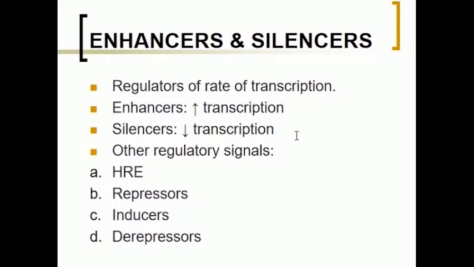Glucagon represses this hormone, this enzyme. Glucagon represses this enzyme. All those things we have seen. For example, let me take cholesterol biosynthesis. The rate limiting enzyme is HMG-CoA reductase. This HMG-CoA reductase enzyme is induced by insulin, whereas this enzyme is repressed by glucagon. So glucagon represses this enzyme, whereas insulin induces this enzyme.